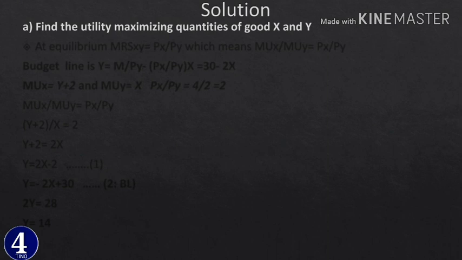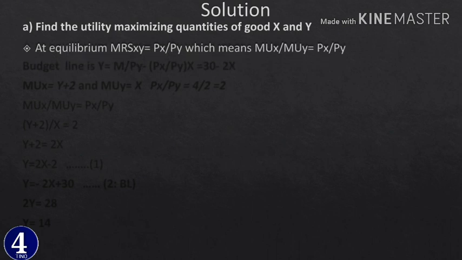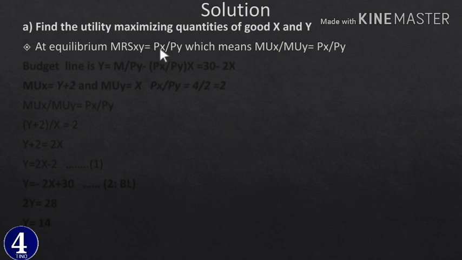So to begin the first question የመጀመሪያውን question ለማየት find the utility maximizing quantities of good x and y ነው የተባልነው። ስለዚህ at equilibrium we know that marginal rate of substitution of x to y is equal to price of x divided by price of y መሆኑን በኢኩሊብሪየም ህግ መሰረት ይሄንን እናውቃለን። ኦኬ ይሄ ማለት ደግሞ ማርጂናል ሬት ኦፍ ሰብስቲቱሽን ኦፍ ኤክስ ቱ ዋይ ማለት ደግሞ ማርጂናል ዩቲሊቲ ኦፍ ኤክስ ዲቫይደድ ባይ ማርጂናል ዩቲሊቲ ኦፍ ዋይ መሆኑን እናውቃለን። ስለዚህ ኢኳልስ ቱ ፕራይስ ኦፍ ኤክስ ዲቫይደድ ባይ ፕራይስ ኦፍ ዋይ ነው።